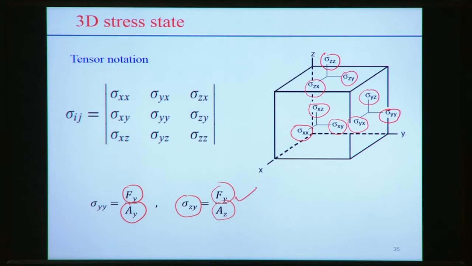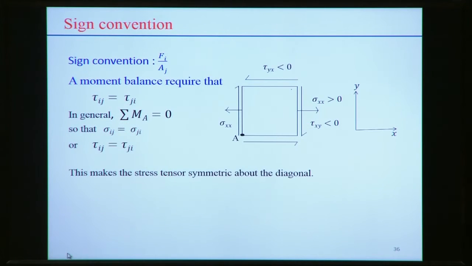So this will produce the shear stress and that will produce the normal stress, and within that one element all the components of stress are represented this way, or by the stress tensor, where the diagonal elements represent the normal stresses and the off-diagonal elements represent the shear stresses, following some order so that we can understand the notation of the stress tensor and the sign convention.